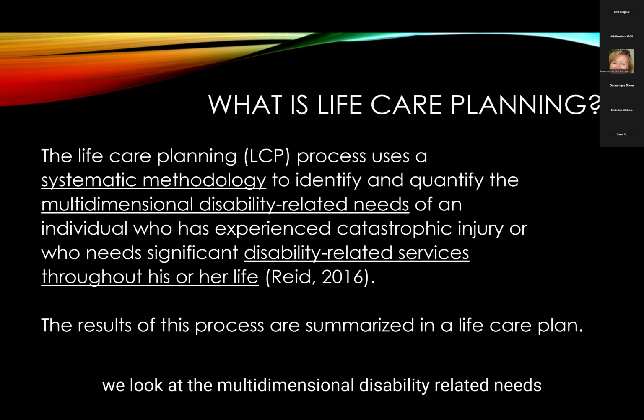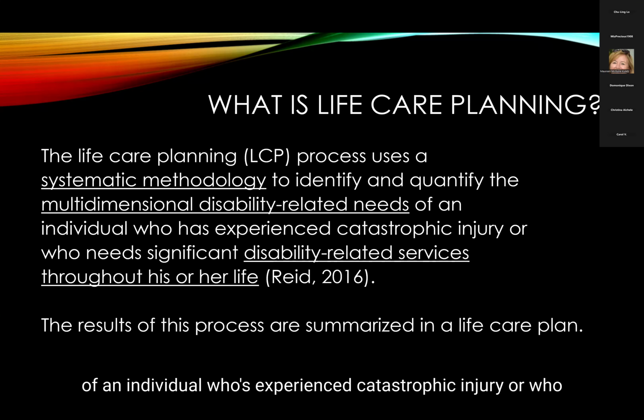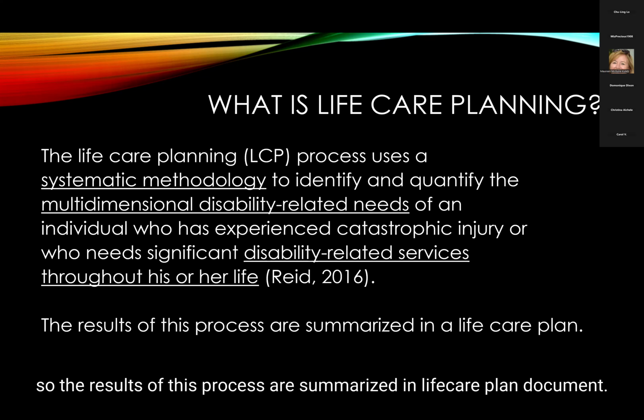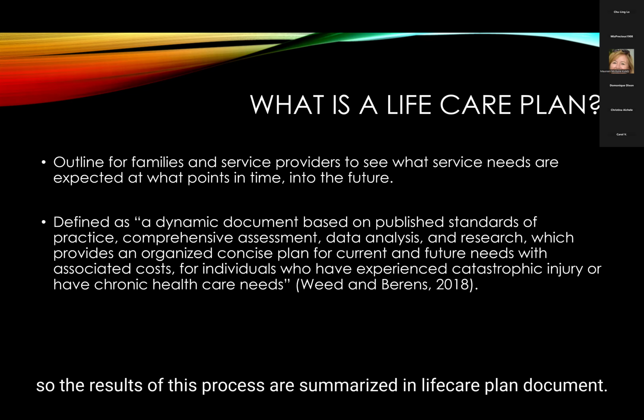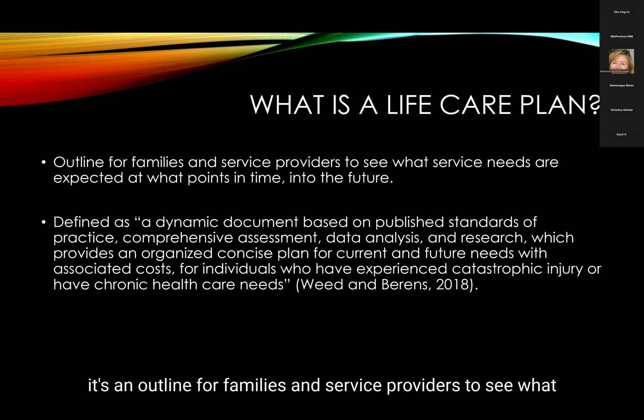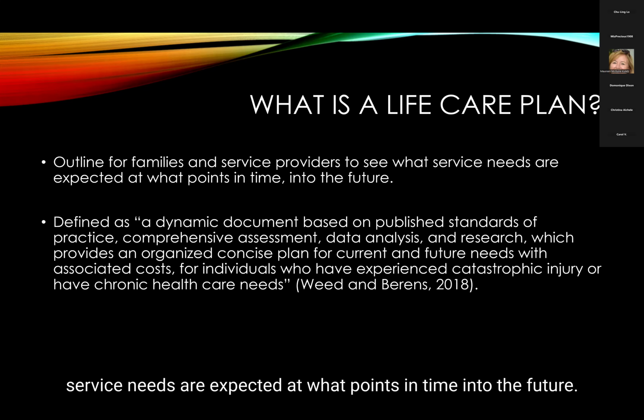We look at the multidimensional disability-related needs of an individual who's experienced catastrophic injury or who needs significant disability-related services throughout their life. So the results of this process are summarized in a life care plan document. So what is a life care plan? It's an outline for families and service providers to see what service needs are expected at what points in time